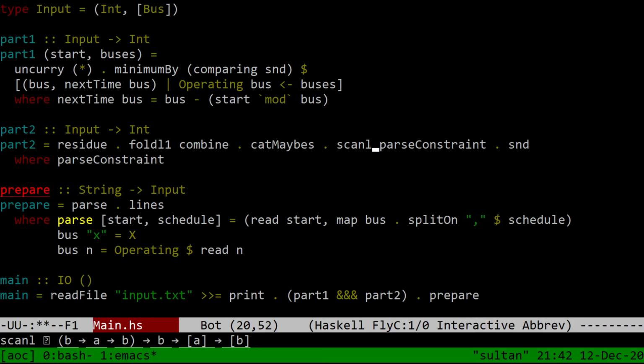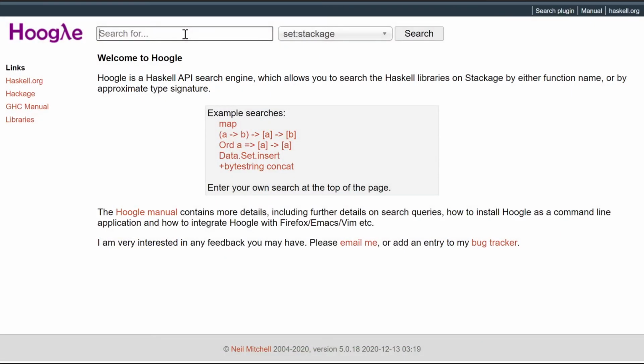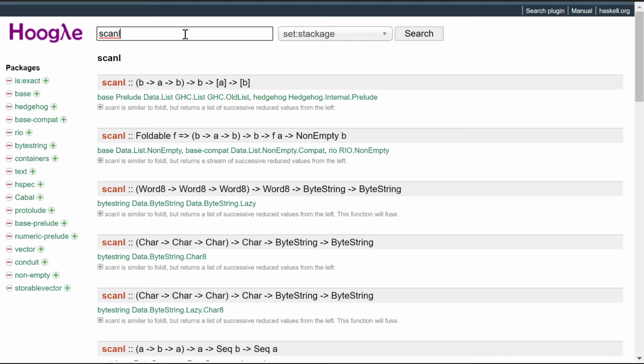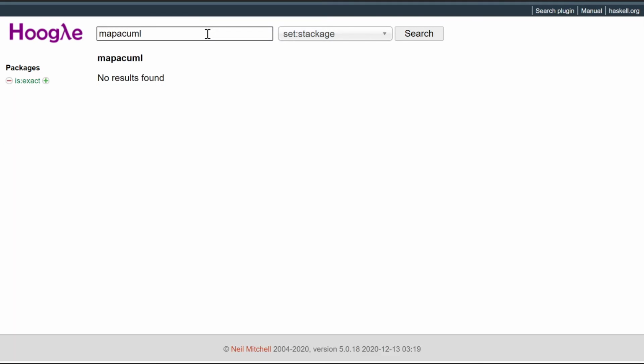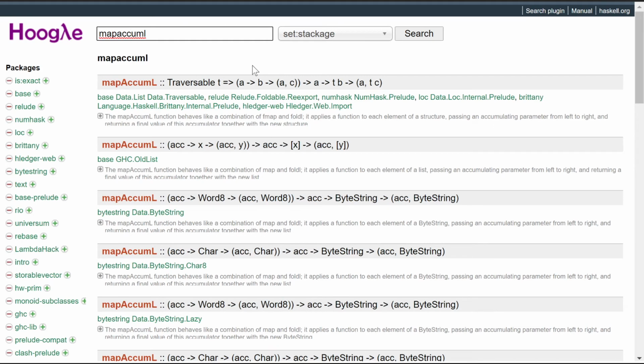Because what's the difference between scanl and mapAccum or something? If we look up scanl, it's the same as foldl, except it gives you a list of the intermediate results. But I think what I want is mapAccumL, which takes, yes. Oh my god, this type's a little general, but